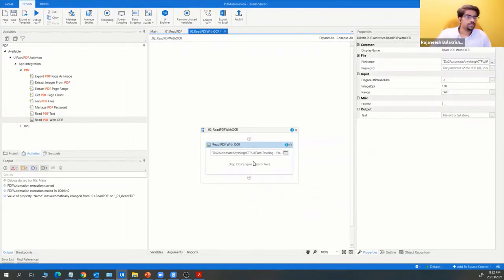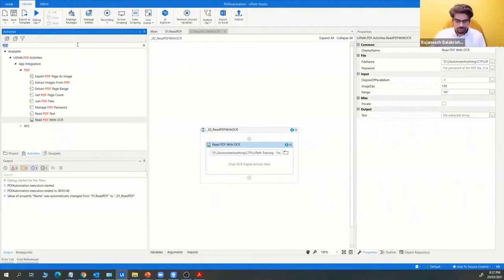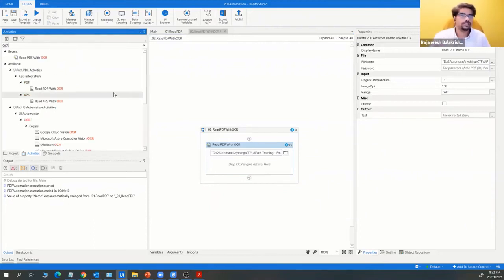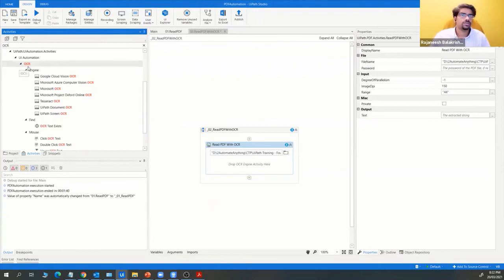Okay, so something to note with PDF with OCR is it works on some engine, right? Optical character recognition has some engine, and you need to use that specific engine. It can be Google or Microsoft or anything. To find that, type OCR in the activities and you get the OCR engine.